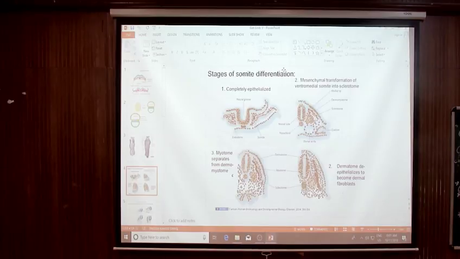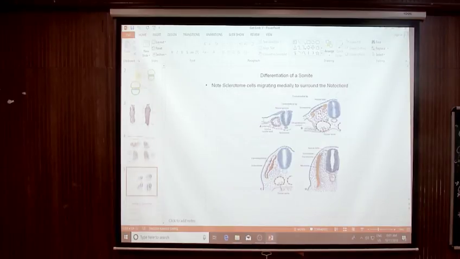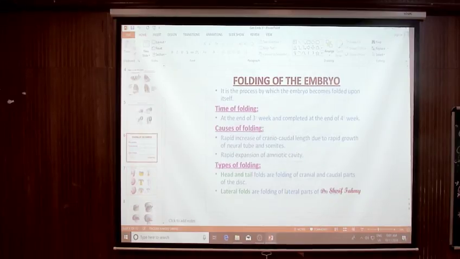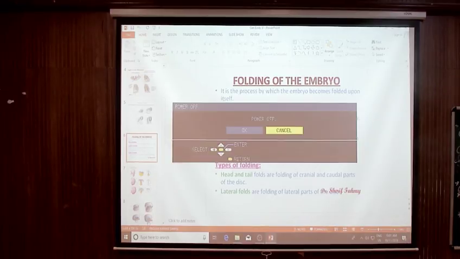See, this and all we have seen. I'll just recapitulate a small thing about the folding of the embryo. I think today I'll show these things a little later. I'll just show you OHPs because they are a bit simpler. Of course, yesterday photographs were shown, but it's better to have this look at